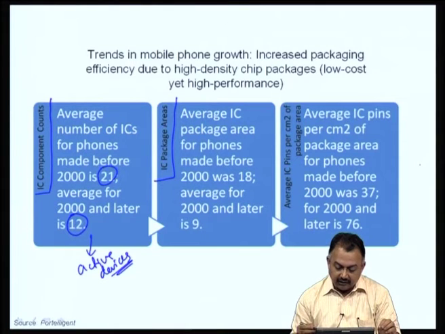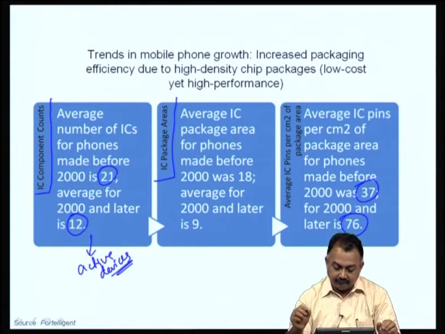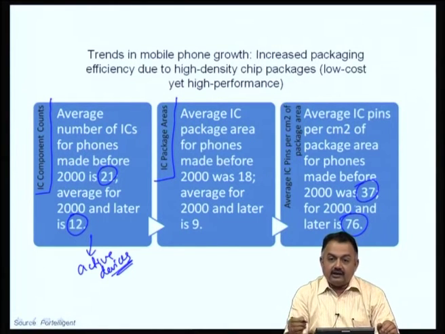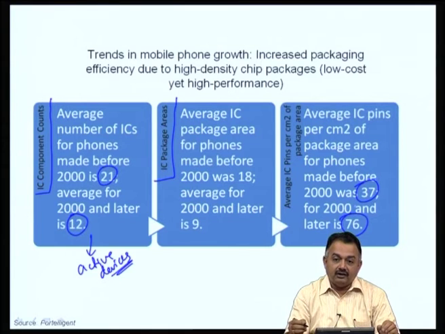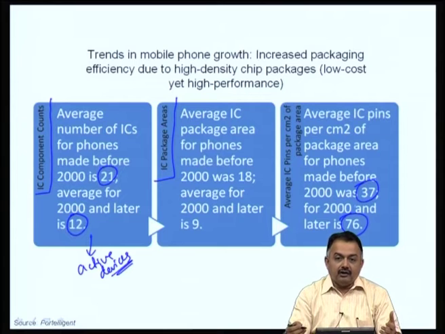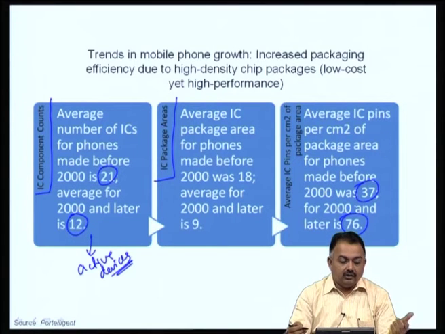So, what does this mean? Average IC pins per centimeter squared of package area for phones made before 2000 was 37, and for 2000 and later it is 76. So, the die size is more, the package area is less, which is exactly what we want. 20 years ago, 30 years ago, these DIP packages that I have shown have package area much more than